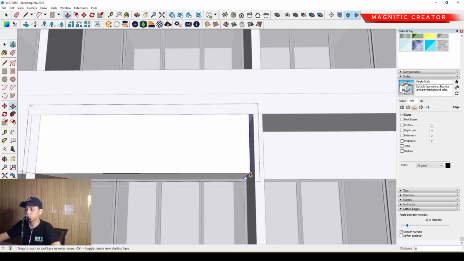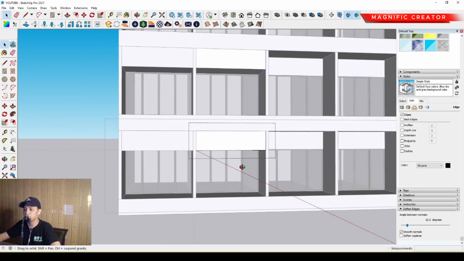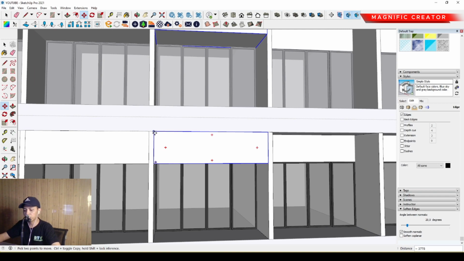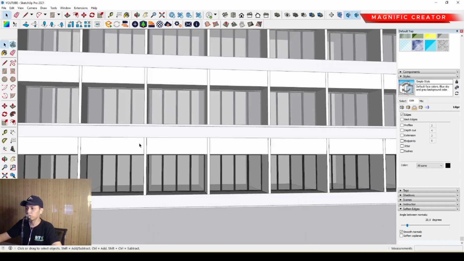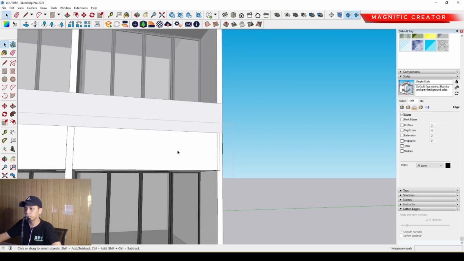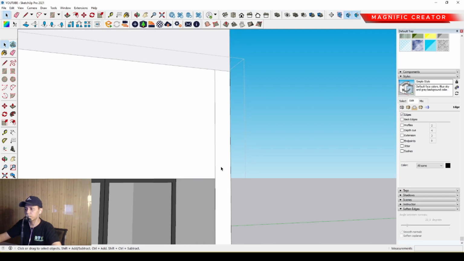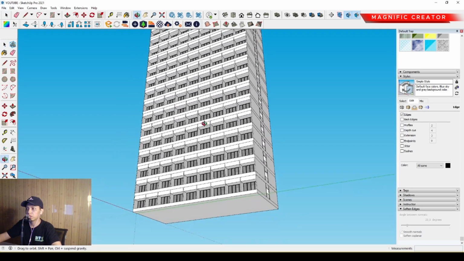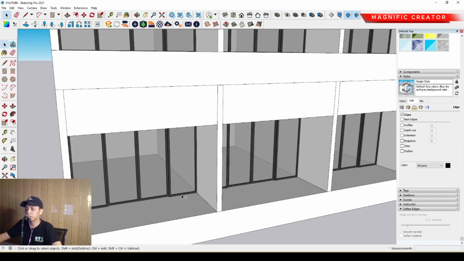Then we can fill the space between the hanging wall, the ceiling, and this vertical wall. Then we can move it again, place it on this position, and type X13. Okay, so we can delete some unnecessary lines over there. Okay, and after that we can make